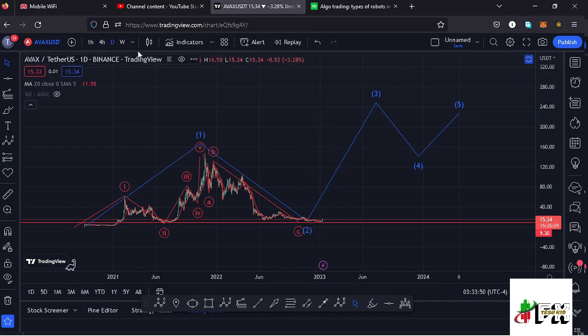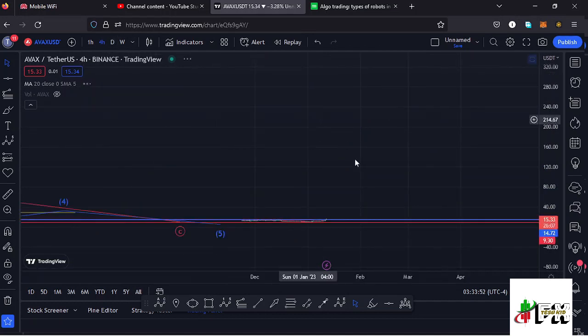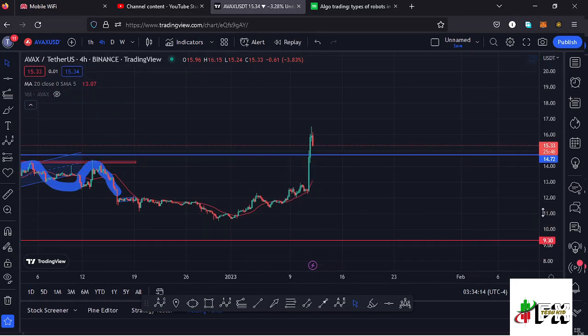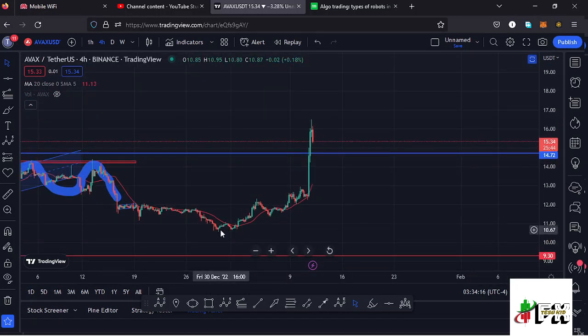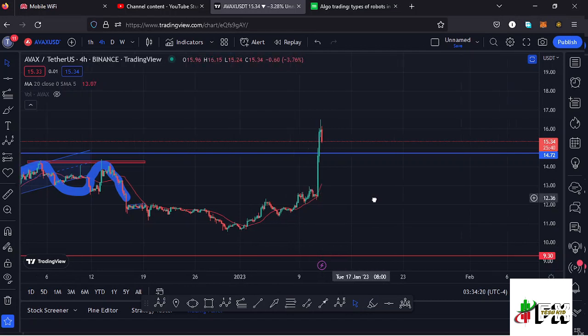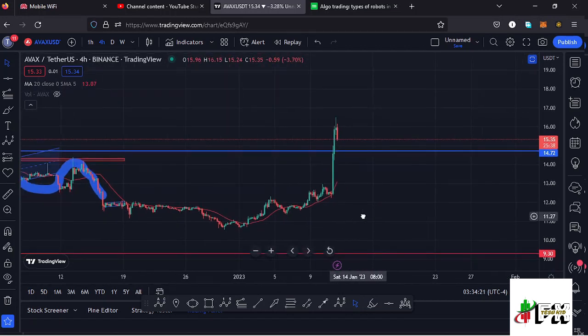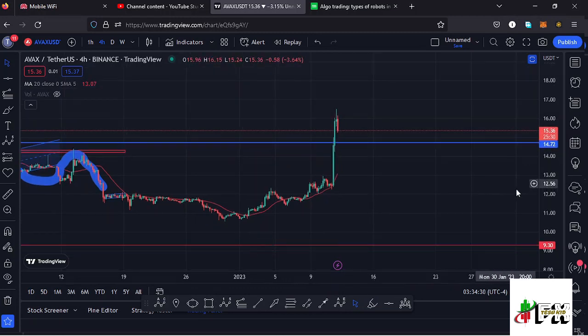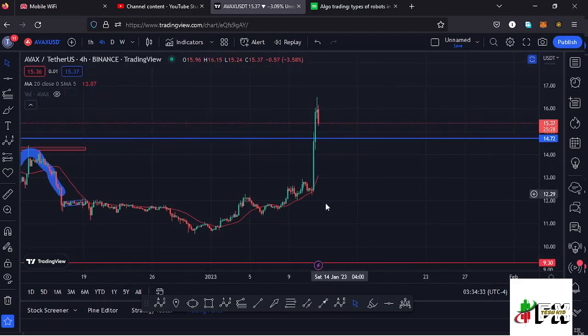And getting to the short-term scenarios that I'm expecting to play out here on the 4-hour chart, you can see that after making our low at around the $10.54 mark, we have been seeing a very massive bounce to the upside in a move that has been obeying the Elliot wave structures, and we have also managed to break above a key area of resistance at around the $14.72 mark and continued pushing even higher.